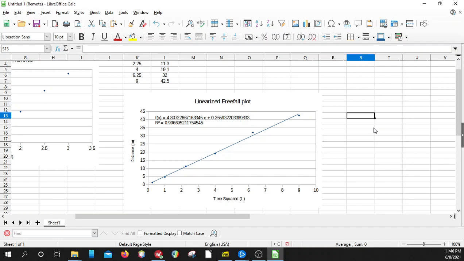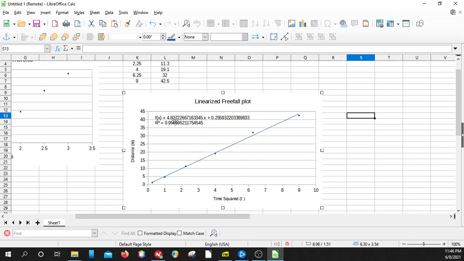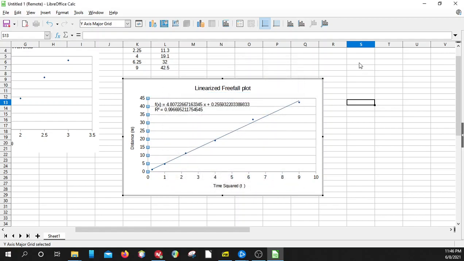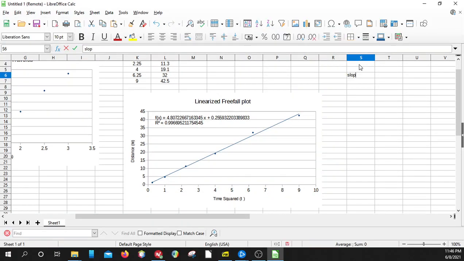Okay. Now, I'm going to see if I can move this, just this equation. Maybe what I'm going to do is I'm going to write down the slope and intercept. Actually, I don't care about the intercept. I'm just going to write down the slope. Oh yeah, slope and r squared. The slope is 4.81, we'll say. And r squared is 0.997. So we've got those. And now I want to delete